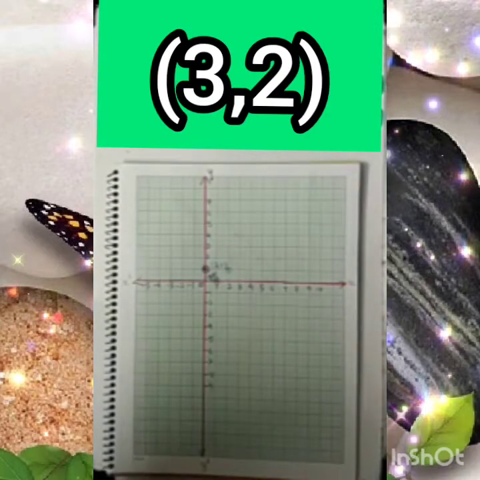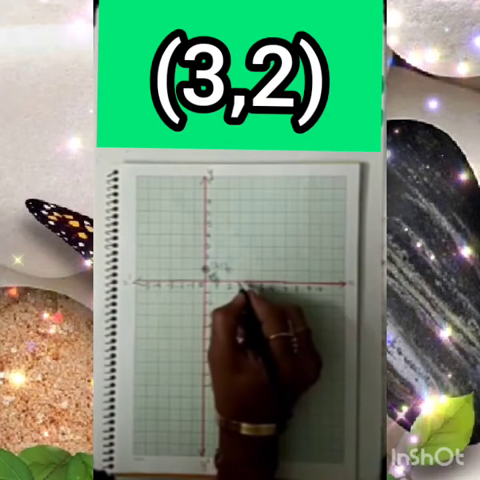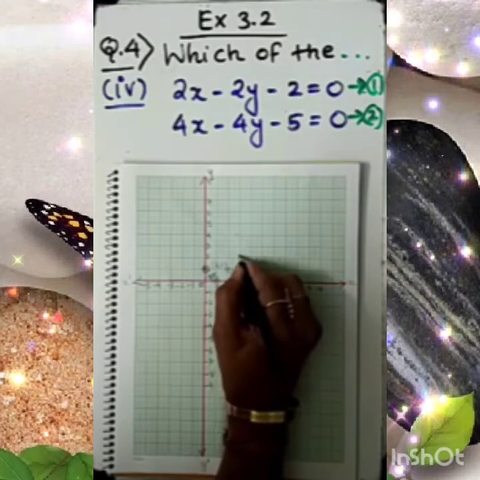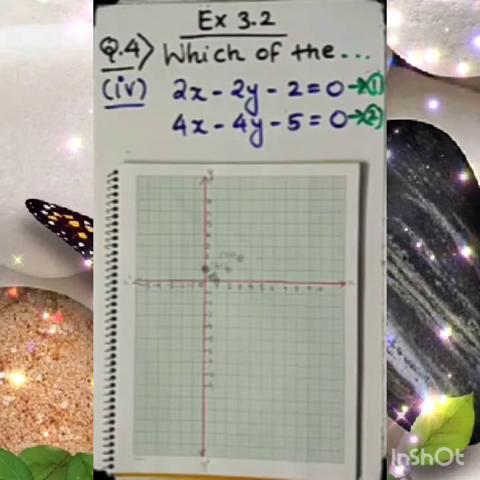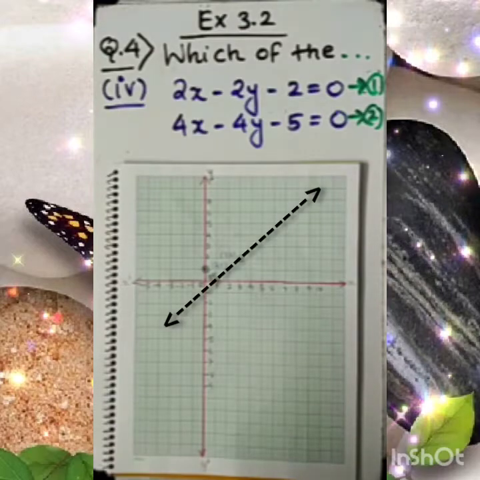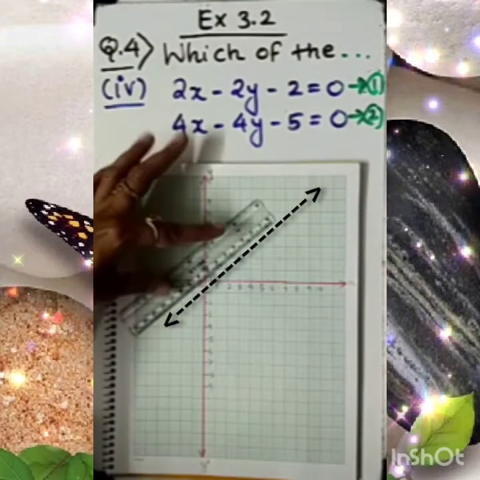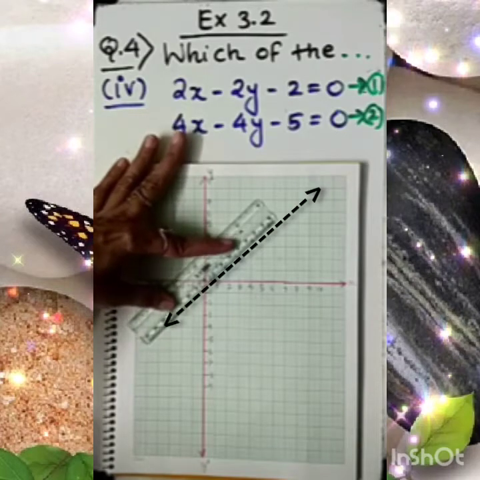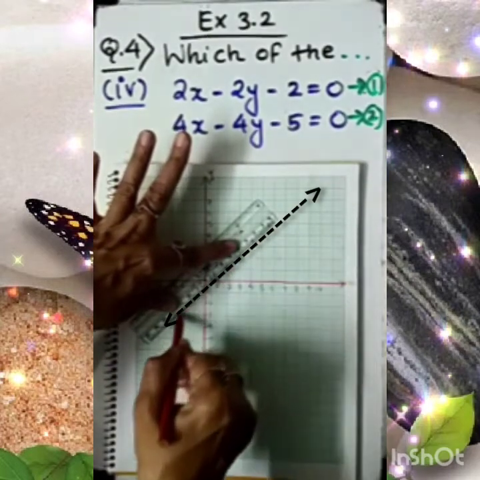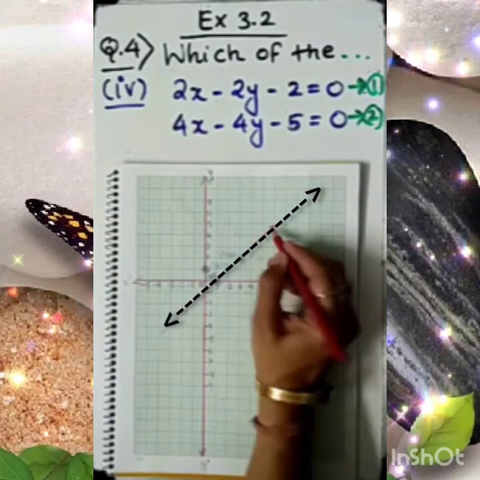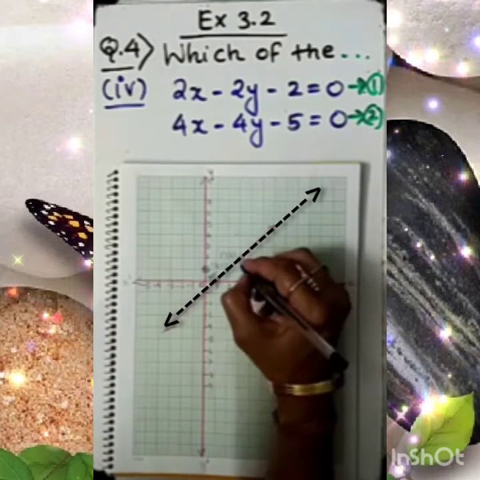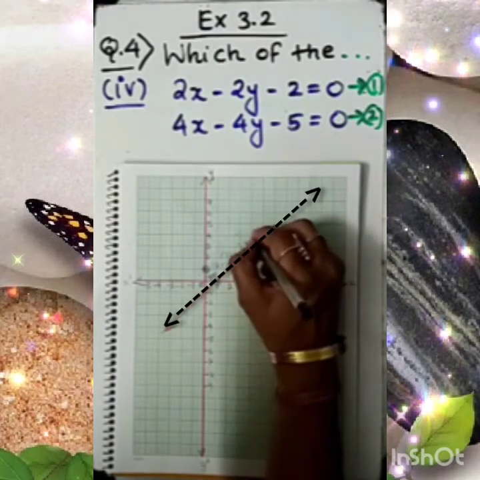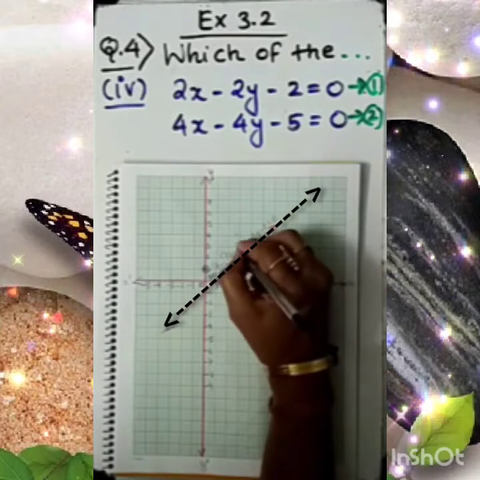Fine. And one more point is there with us: 3, 2. This is 3, and of course this is 2 on the y-axis. So let me locate it here, 3, 2. This way we are gaining 3 points. Now let's combine them in a single line and join them. Okay, so let's draw a straight line and see what the result is for this line. And this line is of which equation? As we know, the equation is 2x minus 2y minus 2 equal to 0.